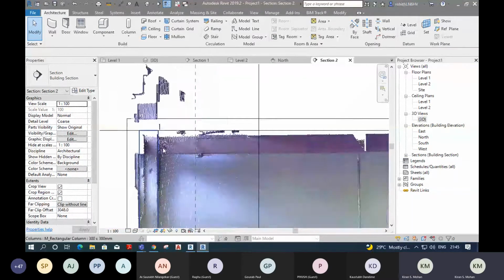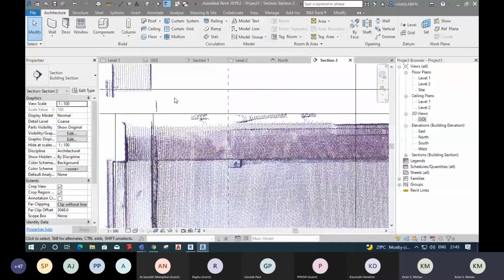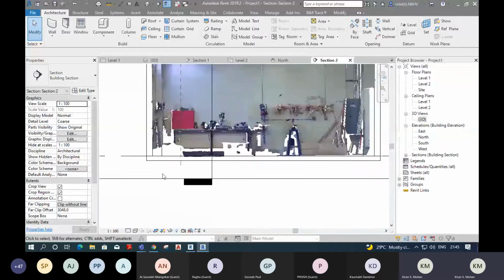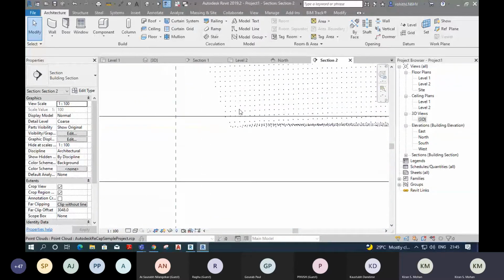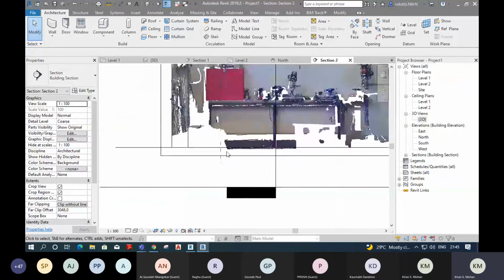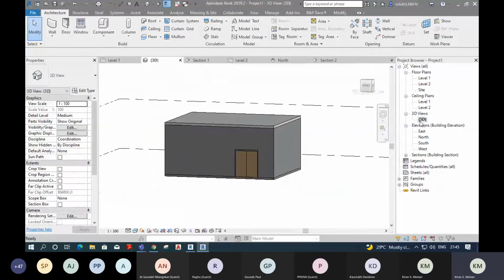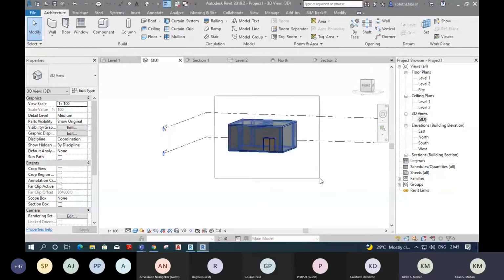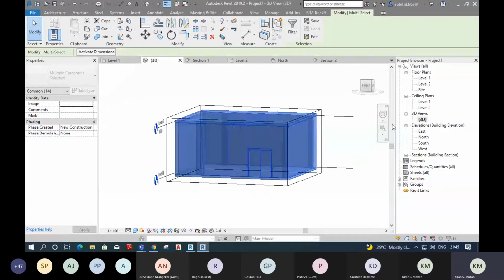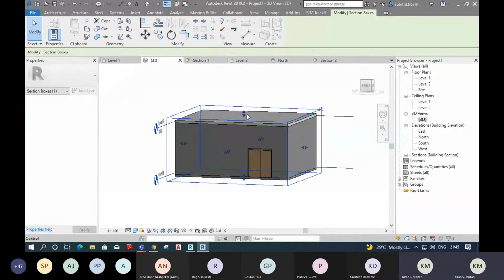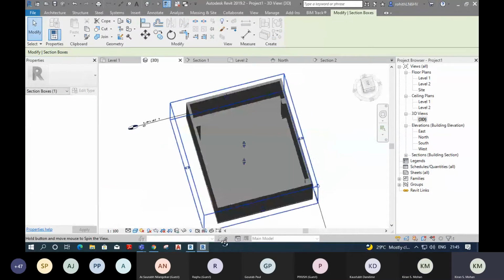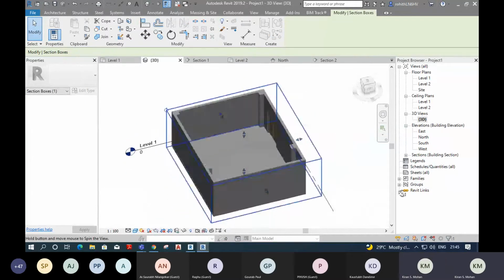Okay, only the architecture and structural elements are there in our scope. Sometimes, if you have the MEP elements in your scope, then again you have to link this into the MEP template, like in system template or mechanical or electrical template, and you have to model the electrical and mechanical elements also, like conduits, pipes, and cable trays and ducts.